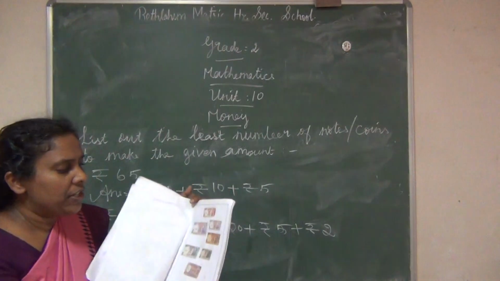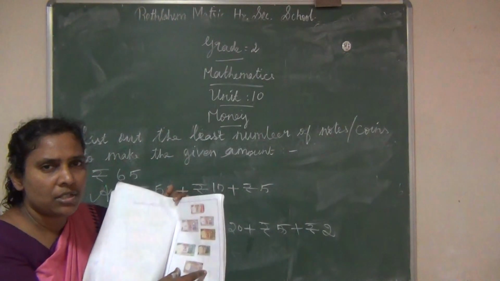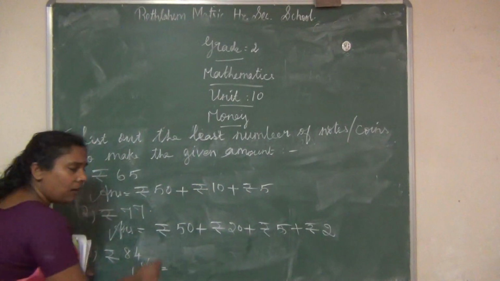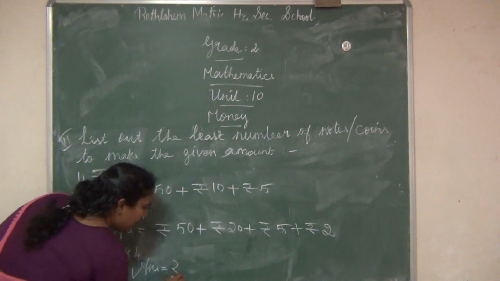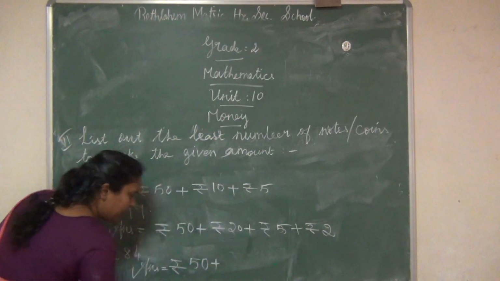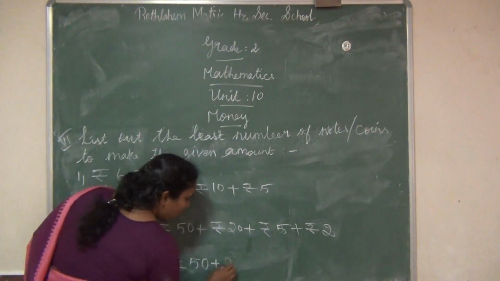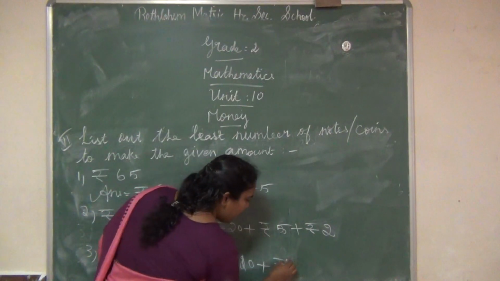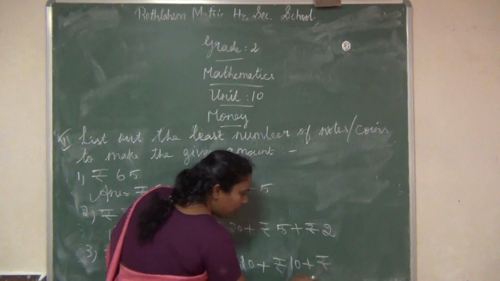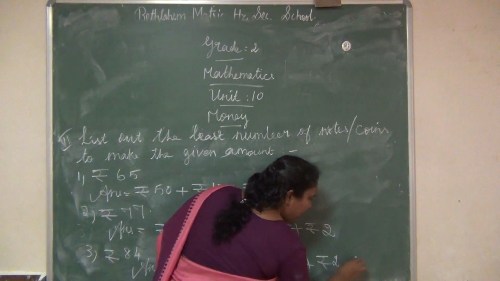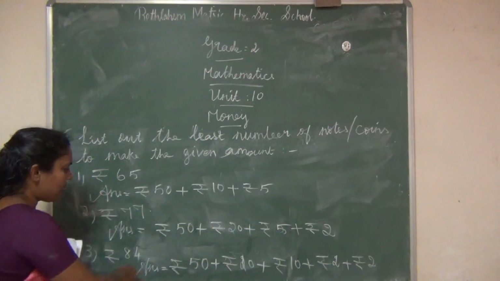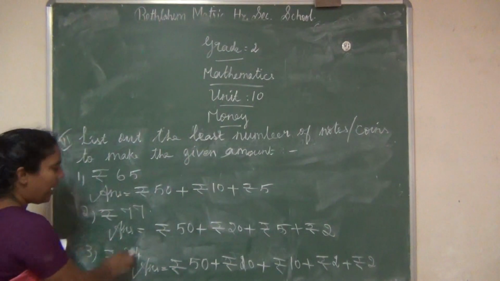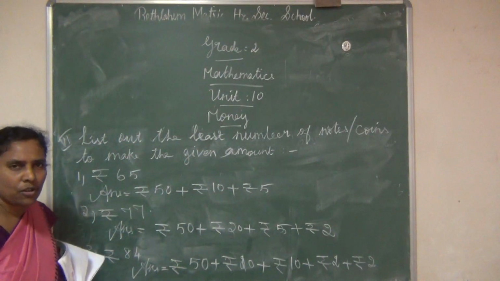We need 84, is it? So again we should add 2 times 2 rupee note. Then we will get the answer 84. Have you understood? Listen here. First, how much rupee do we want to write? First we want to write rupees 50 plus rupees 20, next rupees 10, next rupees 4, 2 plus rupees 2. If you add all this, 50 plus 20, 70, 80, 82, 84, we will get the answer 84. Shall we see one more question?